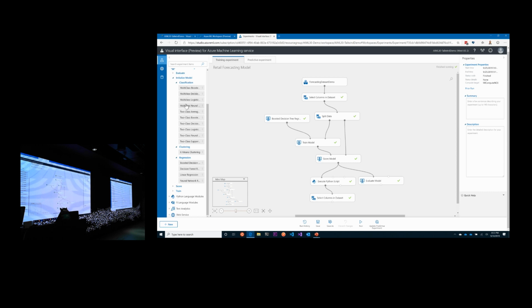If you want to use the pre-built functions, you can't do everything, but you can do a lot of the basic solved questions. So this is just a basic model where we're doing some time series forecasting to predict demand for a particular item for a store, so retail sales forecasting. It's a regression, so it's predicting a number. I won't go into too much detail since we're over time. Does anybody have any questions about visual interface?